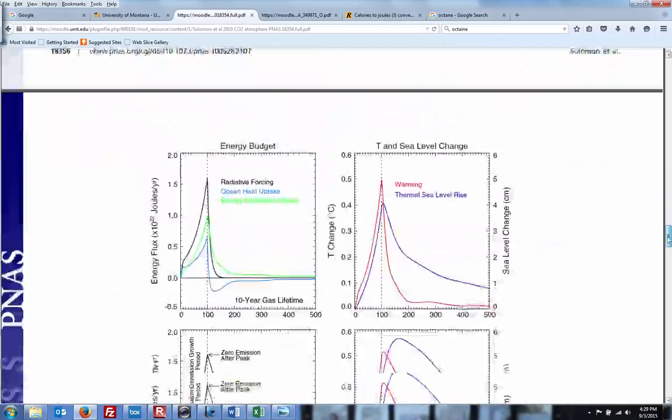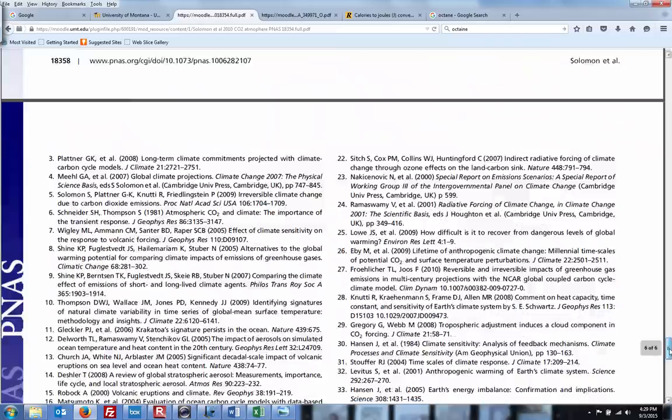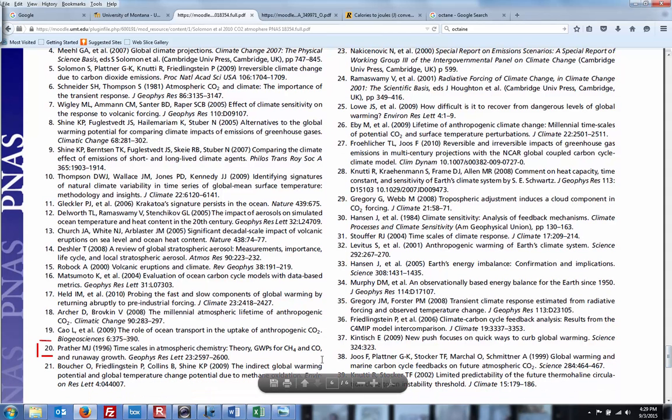And then I'm also going to ask you to go in and find another citation. I kind of like this one. The paper I keep looking for, and if somebody in this class could find it, I would love it, is the experiment where somebody just took a bottle full of CO2, a bottle full of methane, and a bottle full of air, and just left them out in the open for a while and looked at their changes in temperature over time. I'm thinking that the CO2 and the methane are just going to automatically get hotter. I mean, they're greenhouse gases, and they're going to absorb more of that energy. I haven't seen that paper yet,